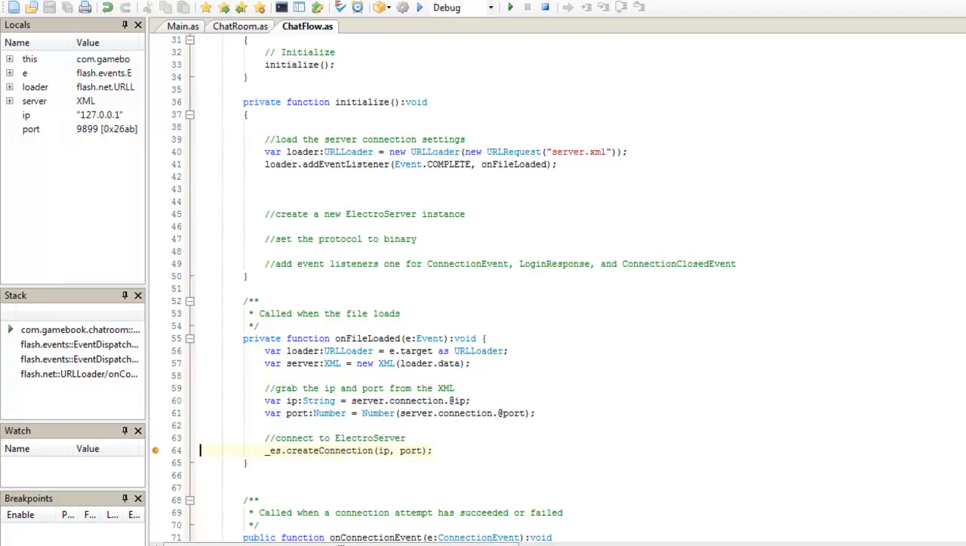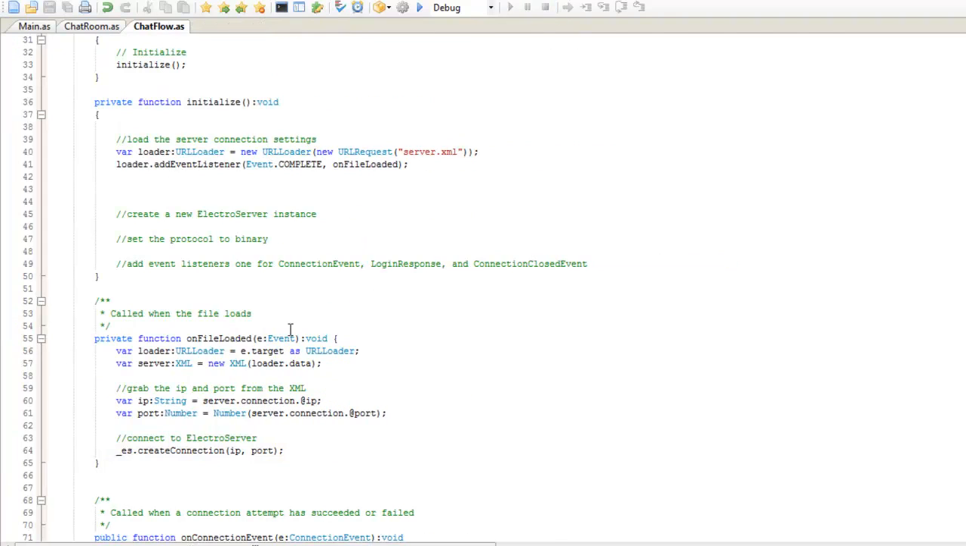Okay, you would get an error at this point. It's because at this point your Electro server object is a null object. We haven't created it yet. So let's stop this process and let's go up and